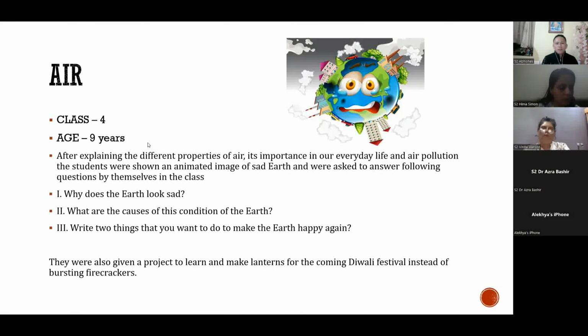So after explaining to these young children the different properties of air, the importance in their everyday life, and about air pollution, what we can do is we can make them think and write something, come up with different ideas to make our world a happier place to live. So what I did in my class to embed social justice in this chapter was I showed them this picture, which you can all see on the screen,